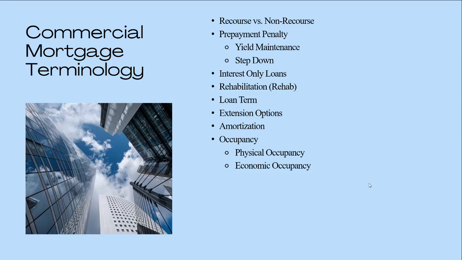But differentiating those two is important because let's say you're buying an apartment building that's in not the greatest area. Maybe it's like class C. There are different classes of property. A class A would be in a really nice, centrally located, high-end area, and it's a nice property. A Class C property is kind of sketchy. You may have a high physical occupancy, but maybe many of those tenants are not paying rent. You have to do a bunch of evictions. So you want to know the difference between the physical and the economic occupancy.